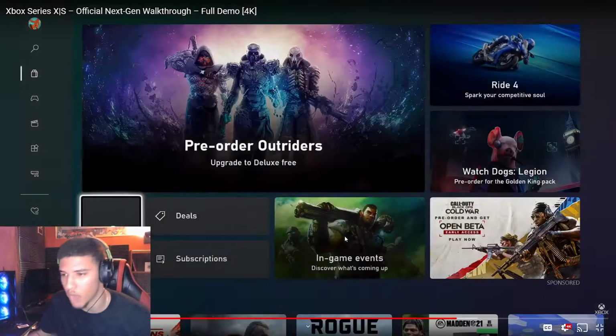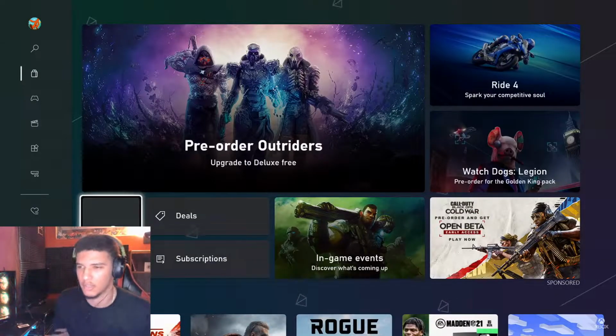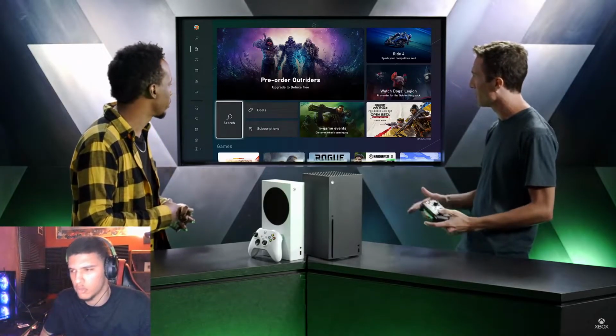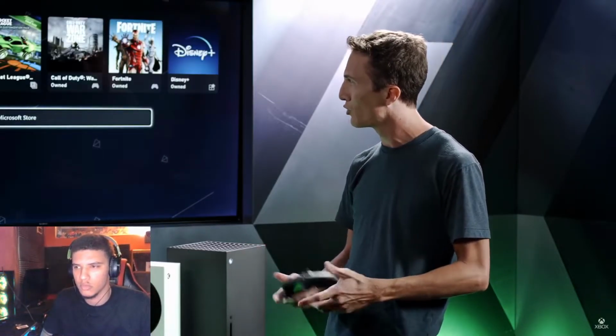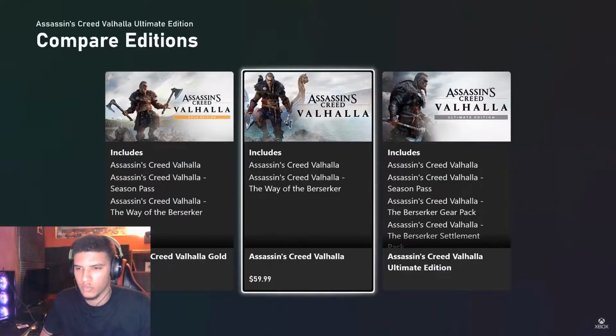The first thing that we really focused on with the new store is speed and performance. We want to make sure that it is as fast as possible for you to get into the store experience and search for games and find something that you want to play. So you saw how fast it launched. You can see as we're going around here how quick the user interface is to navigate. If I want to check out more details about a game, maybe I want to see Assassin's Creed Valhalla, I can click into